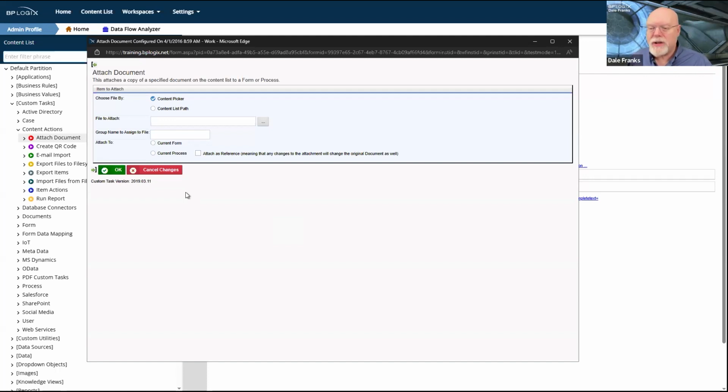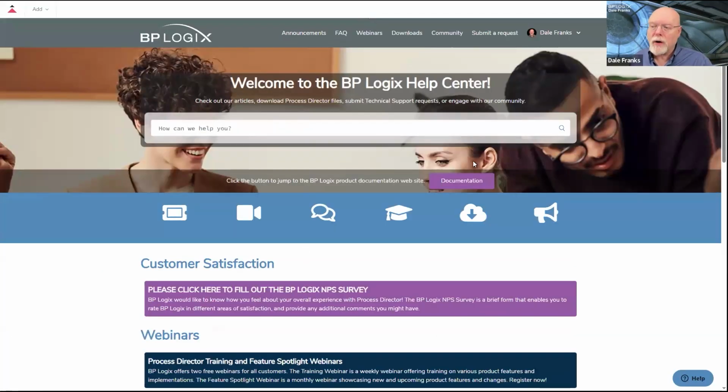Because they are each individually tiny little applications, they're all individually programmed, they're all individually generally released, it makes it a little bit harder to keep track of what custom tasks are the current version and what are previous versions. So whenever we update a custom task, we release a new version of the entire custom task suite. It would be very confusing to have to import custom tasks individually into your system. So if you go to the technical support site and you log in, there is a downloads page, which has this little cute cloud icon.